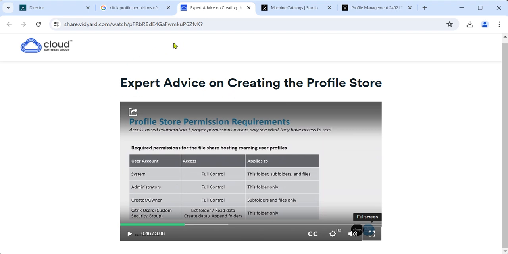You can search online for the correct configuration, but here also Citrix says system full control, administrators full control, owner full control, and users list folder, read data, create files, and append data, to this folder only. So basically I've done it by the book. Okay, so this was the first thing that you have to configure, and